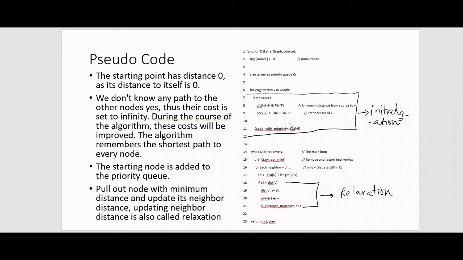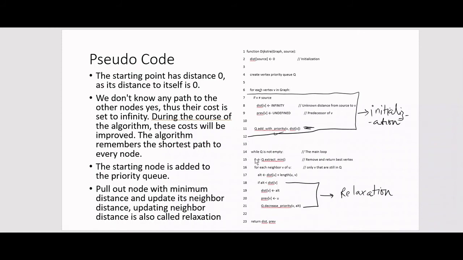So you want to insert, you want to update value at any node, you want to delete a node in the priority queue, those all will be in log n time. And Dijkstra uses greedy strategy to find the minimum distance node, and therein we want to do it efficiently. So for that we are using a priority queue. We have added the source vertex to the priority queue, and then we start our journey.